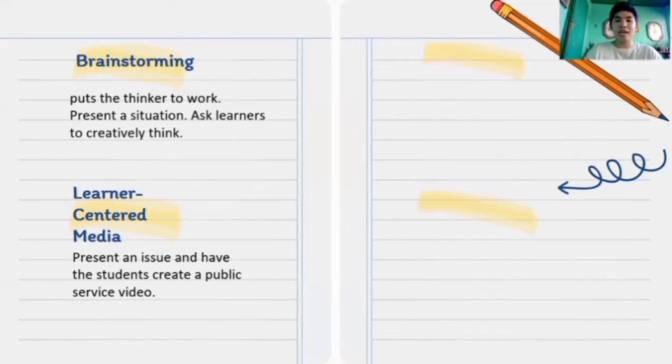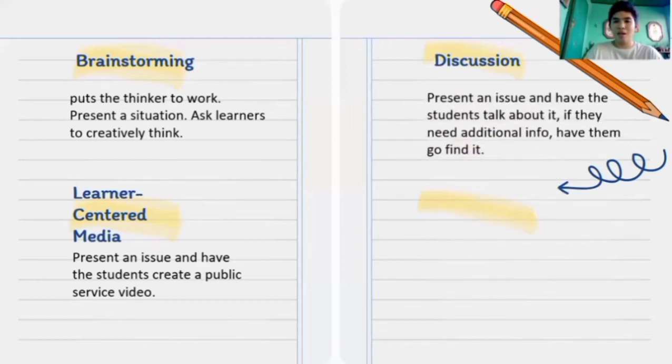Next one is discussion. Present an issue and have the students talk about it. If they need additional info, have them go find it. So for example, I am a science teacher and I will be talking about climate change. And